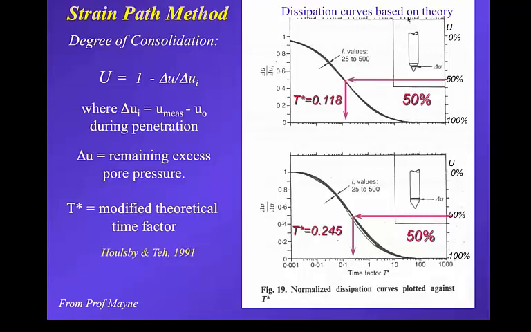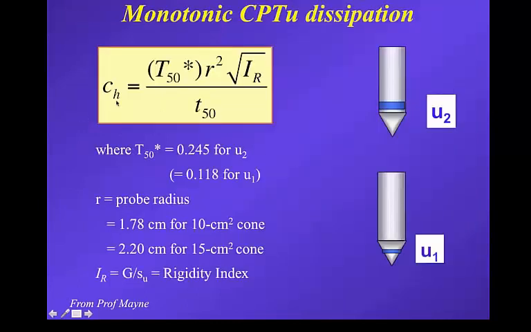And so you can see here that when you come in at the 50% mark, you get these theoretical times. And this slide I got from Professor Mayne, so that's nicely animated there. And you can see that for the pore pressure on the shoulder, this U2 location, the theoretical modified time factor